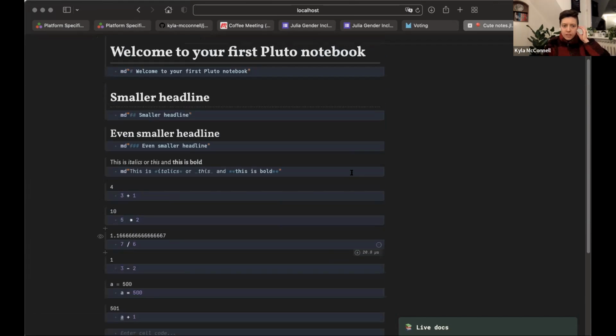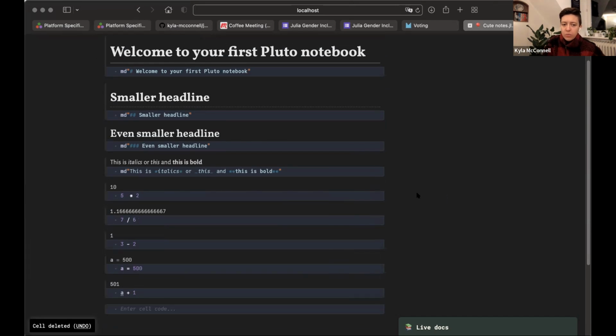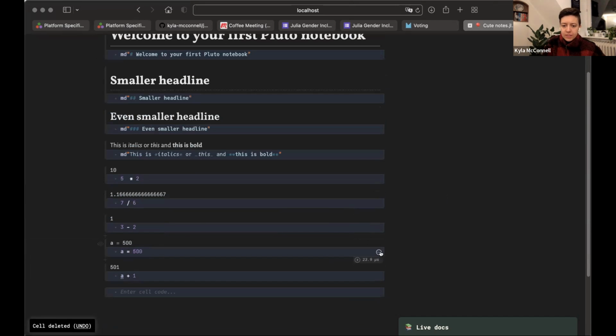And maybe that's one other thing, how you delete a cell. You go over here to these little 3 dots. So here we have some messy stuff. I can go to these 3 dots and just delete a cell. And you can also disable it if you don't want it to be run. So if I don't want this line to be run, I can disable it here.